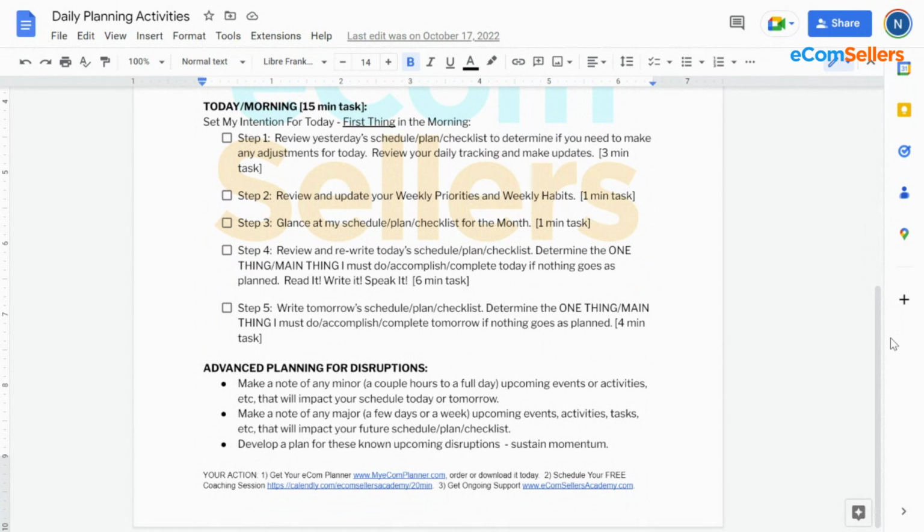So after we look at the schedule and either read it out loud if it's perfect, or make adjustments, rewrite it and then read it out loud to ourselves, we're ready to go. So we're going to read it, write it, speak it. And make sure you've identified the one main thing that if nothing else goes right today,